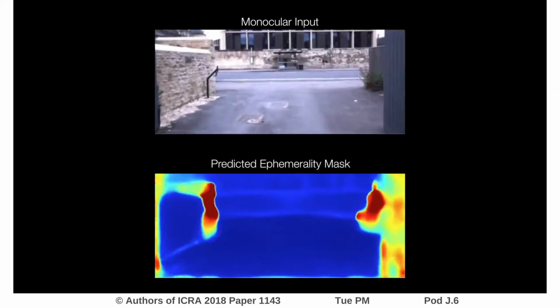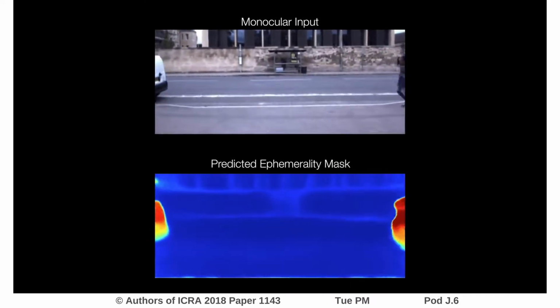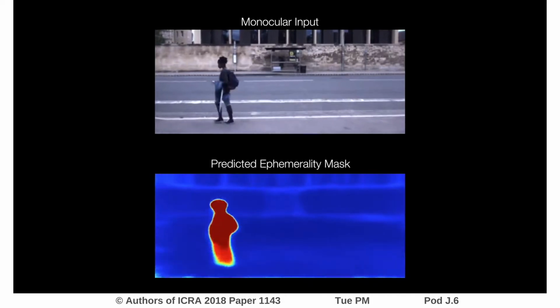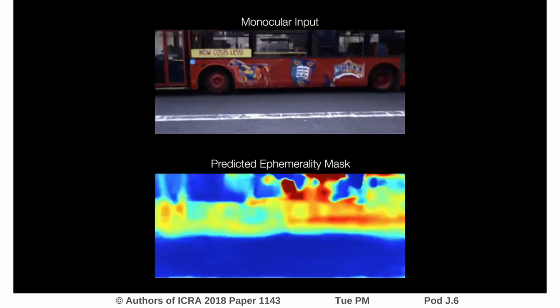To achieve this robust visual odometry, we predict a pixel-wise ephemerality mask as shown. Ephemeral objects which don't belong to the underlying scene and are poor candidates to use in VO are shown in red, such as vehicles and pedestrians. Objects which are static and are good candidates to use in VO are shown in blue. Our learned ephemerality mask highlights the bus, allowing us to calculate our trajectory from only the static parts of the scene.